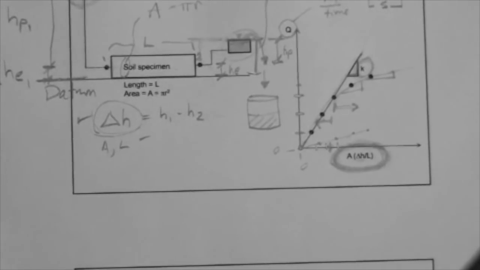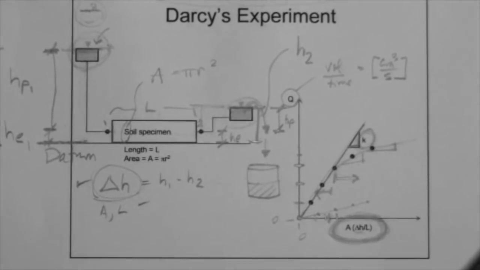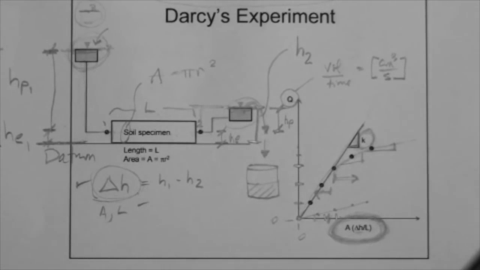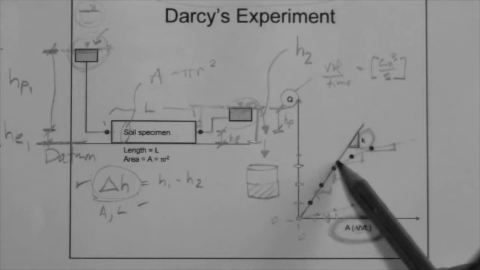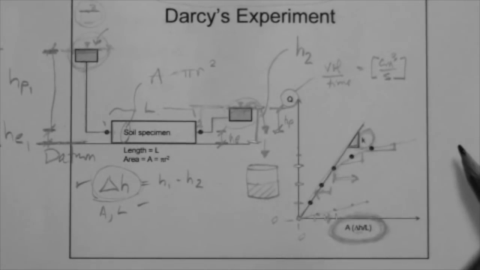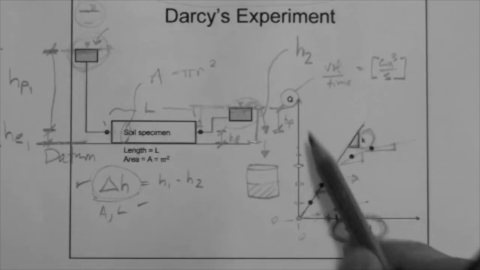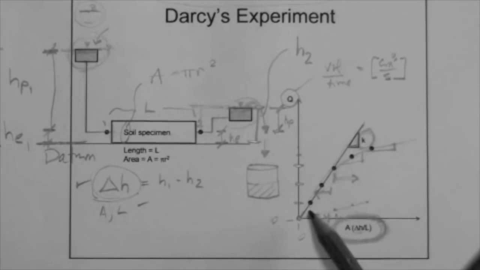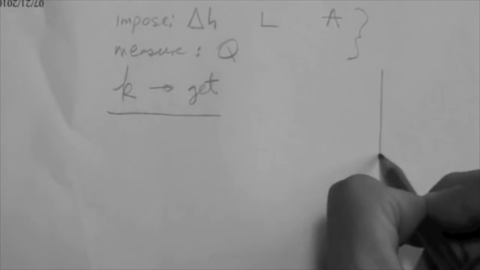Now, generally what we do in the lab, generally, we do not conduct various experiments to determine this line and plot, etc. What we do is we impose a very low delta H, and then we do just one test. Okay? So if you think about it,